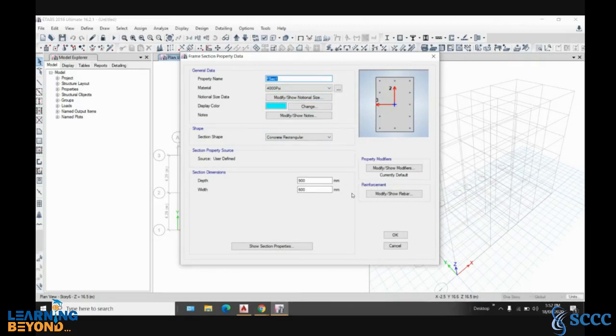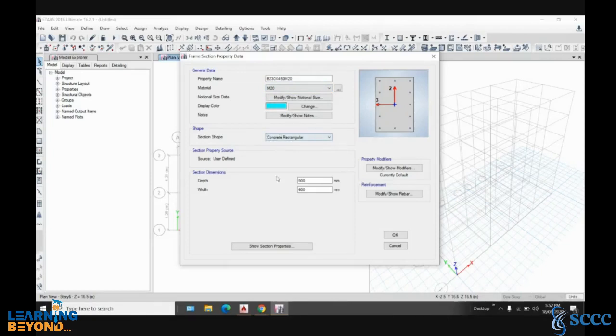So for defining beam, let's say I will define the property name as B for beam, 230 by 450 as my concrete size, and grade will be M20. So this way I can define the property so that I can understand by this name only that this beam is 230 by 450 having grade of concrete as M20. Now in material which you have defined, I will choose that material. So M20. The material chosen will be M20.